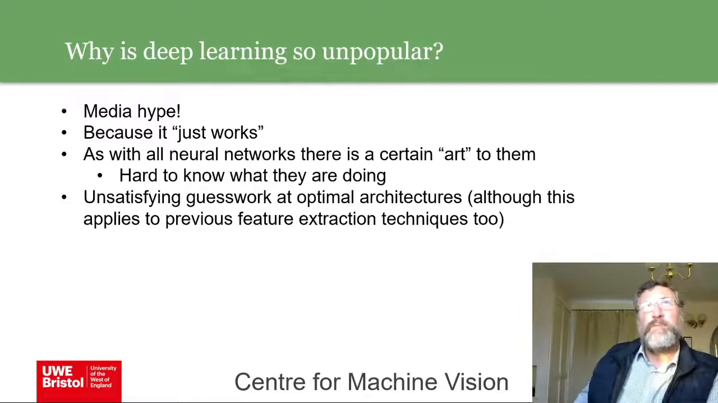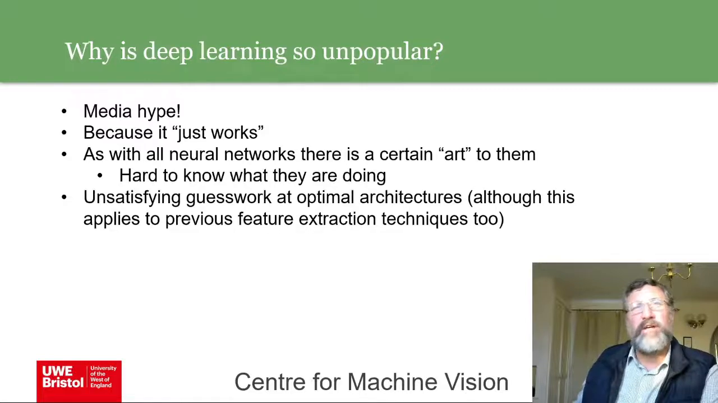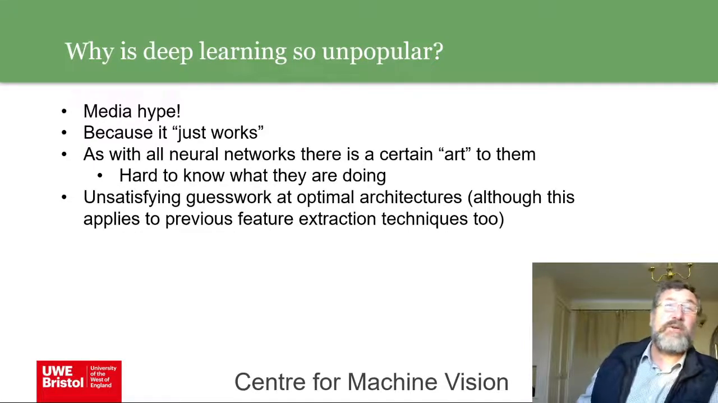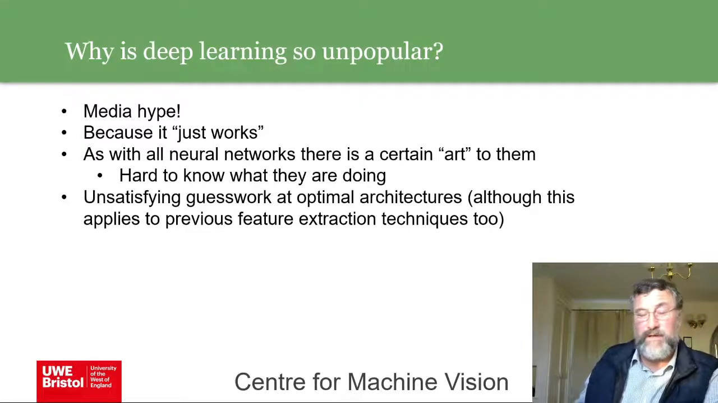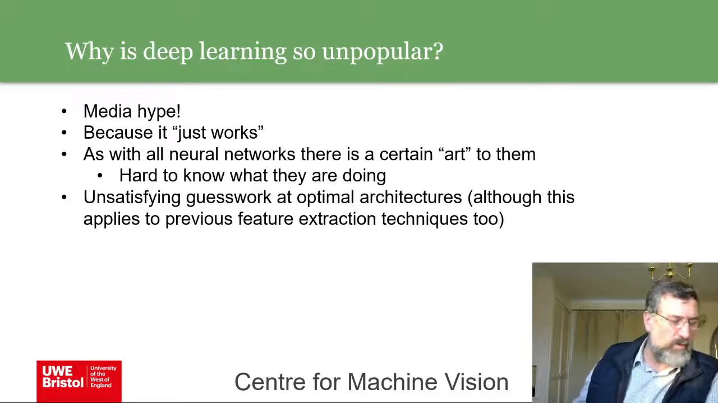Now, another reason why some people might not like it is that, as with all neural networks, there is a certain art to them. There's a certain art to rigging up the architecture, unsatisfying guesswork at optimal architectures, although that applies to other feature extraction techniques as well. But people wonder, when you say what architecture you can use,